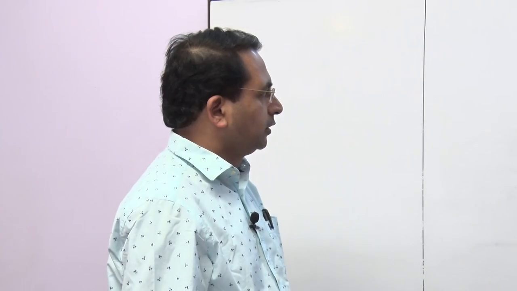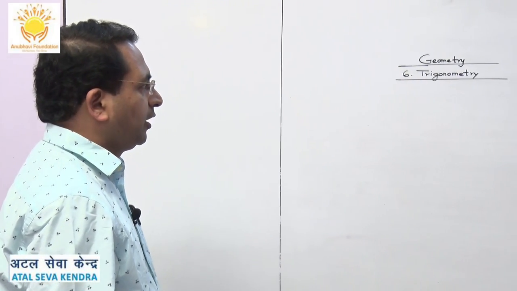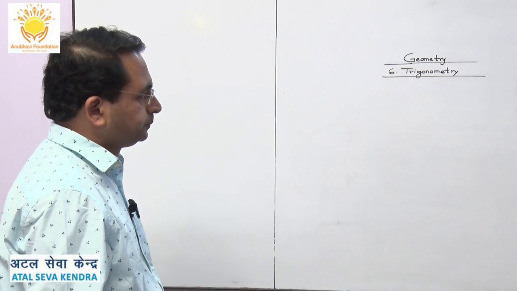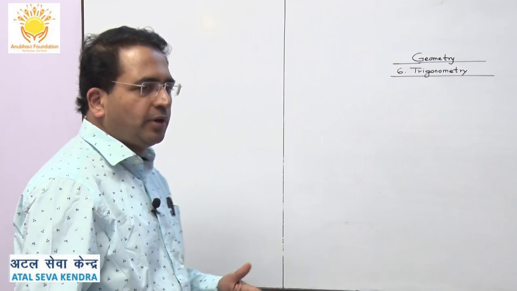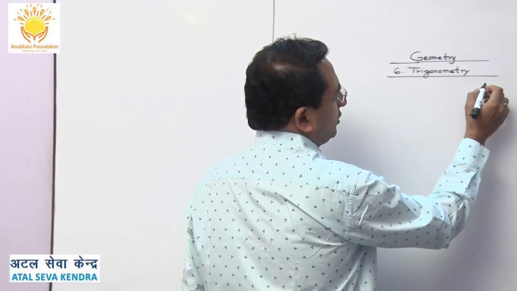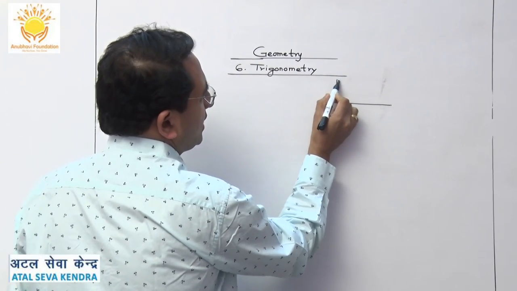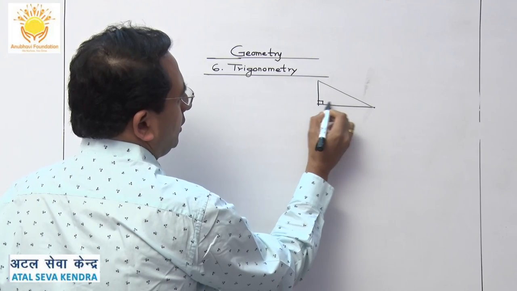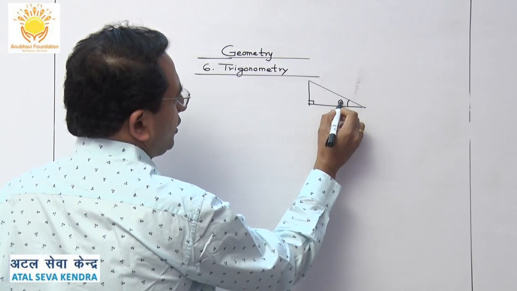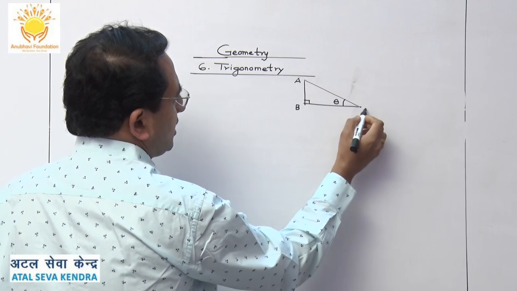We will go for the last topic of geometry, that is trigonometry. Now last year you were having this particular topic, at least the basic. Now I'll just write down this. It is what I have drawn as a right angled triangle, and the angle here I mentioned it as theta, where I have named the triangle as ABC.